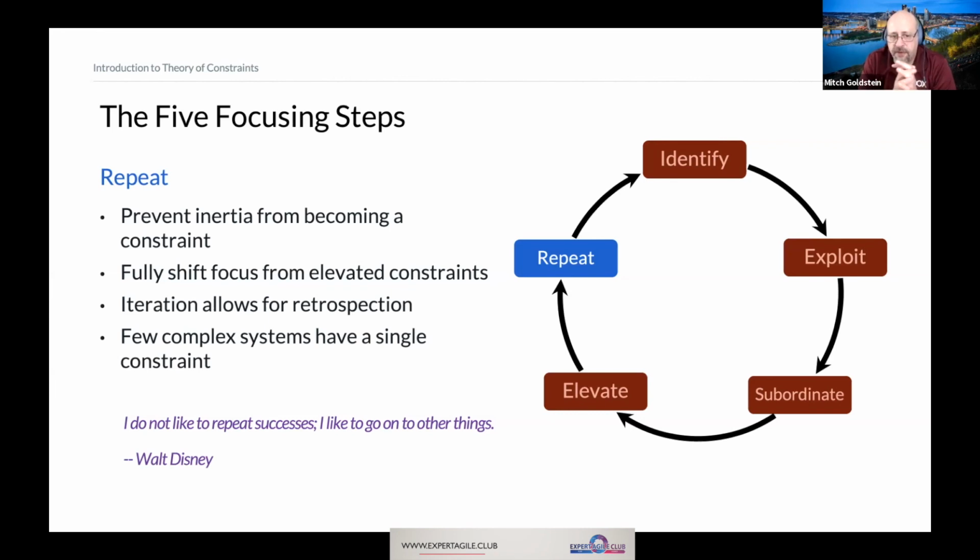There are very, very few very complex systems that have few constraints. Typically, although not necessarily, the more complex the system, the more numerous and complex are the constraints on that system. And as Walt Disney said,